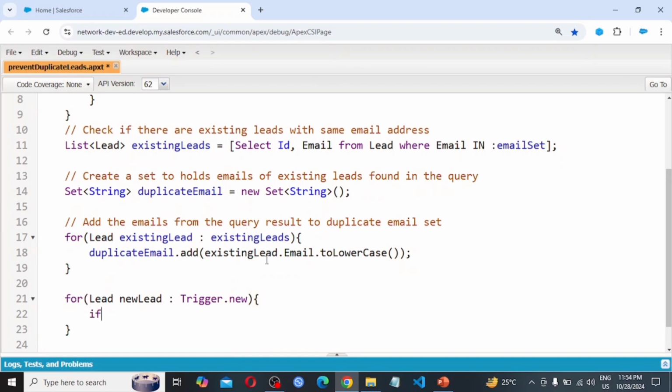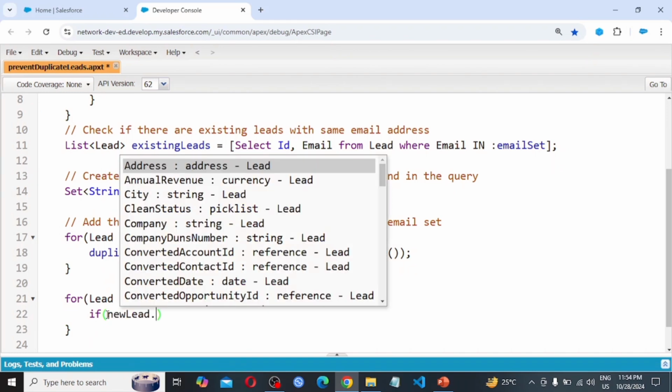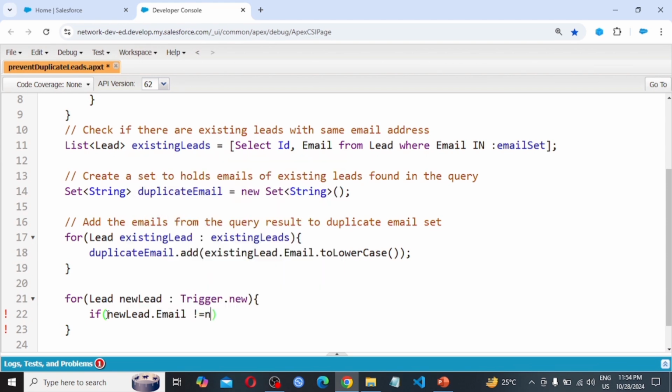So here if this new lead dot email is not equals to null and duplicate email dot contains new lead dot email dot toLowerCase,